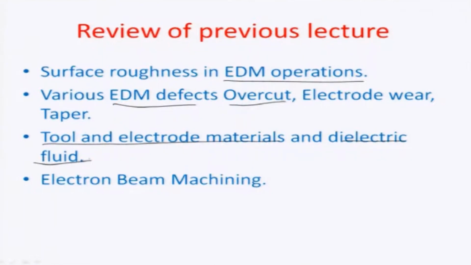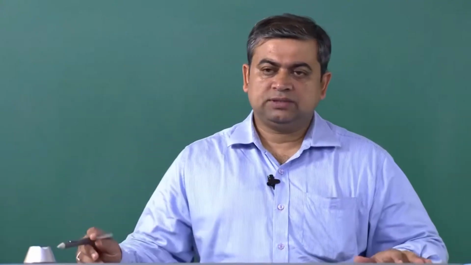particularly the tool material should be chosen in a manner so that the wear is minimum, and dielectric fluid, which is circulated in the space between the tool electrode and the workpiece, should typically have a high breakdown constant. There can be water based or oil based fluids which are used, and then we started talking about electron beam machining and the way that the resolution of a system can be improved or enhanced by using a super focused high energy electron beam. So, we just go back to that and try to recap some of the things regarding electron